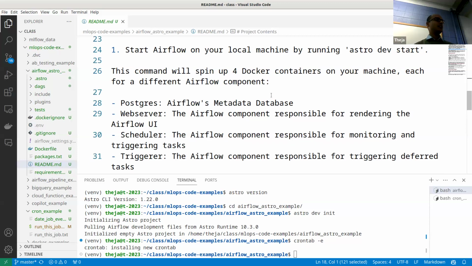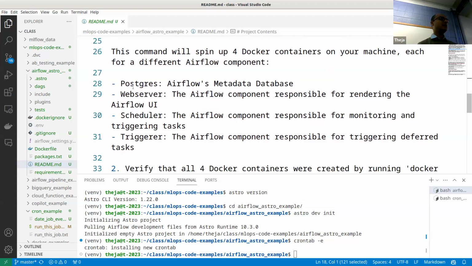And what are those 4 containers? Exactly the same that we just discussed. A database for the metadata about all the jobs you're going to capture, all the DAGs and when they were run and all that. A web server, which is exactly this Flask web server, which has a UI where you can see the DAG and see all this metadata.